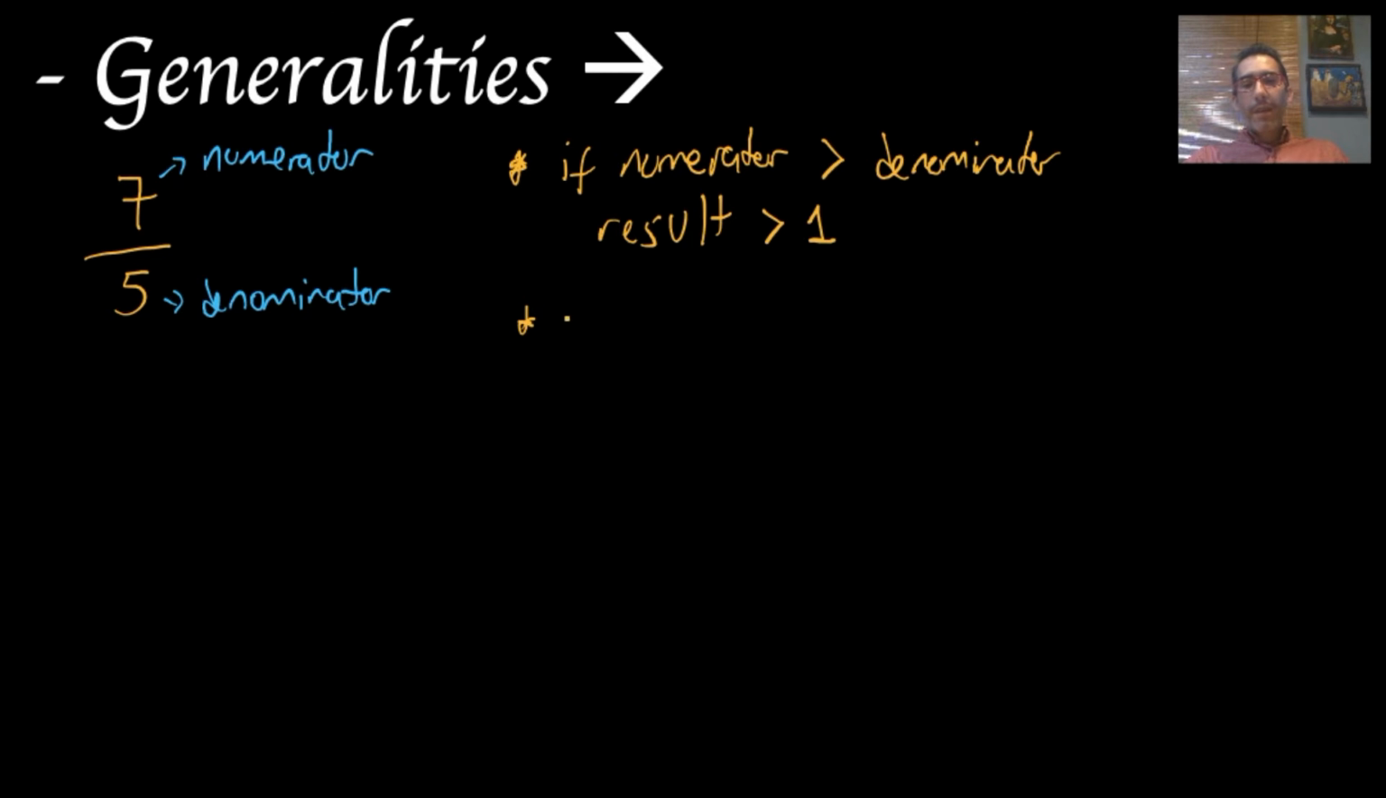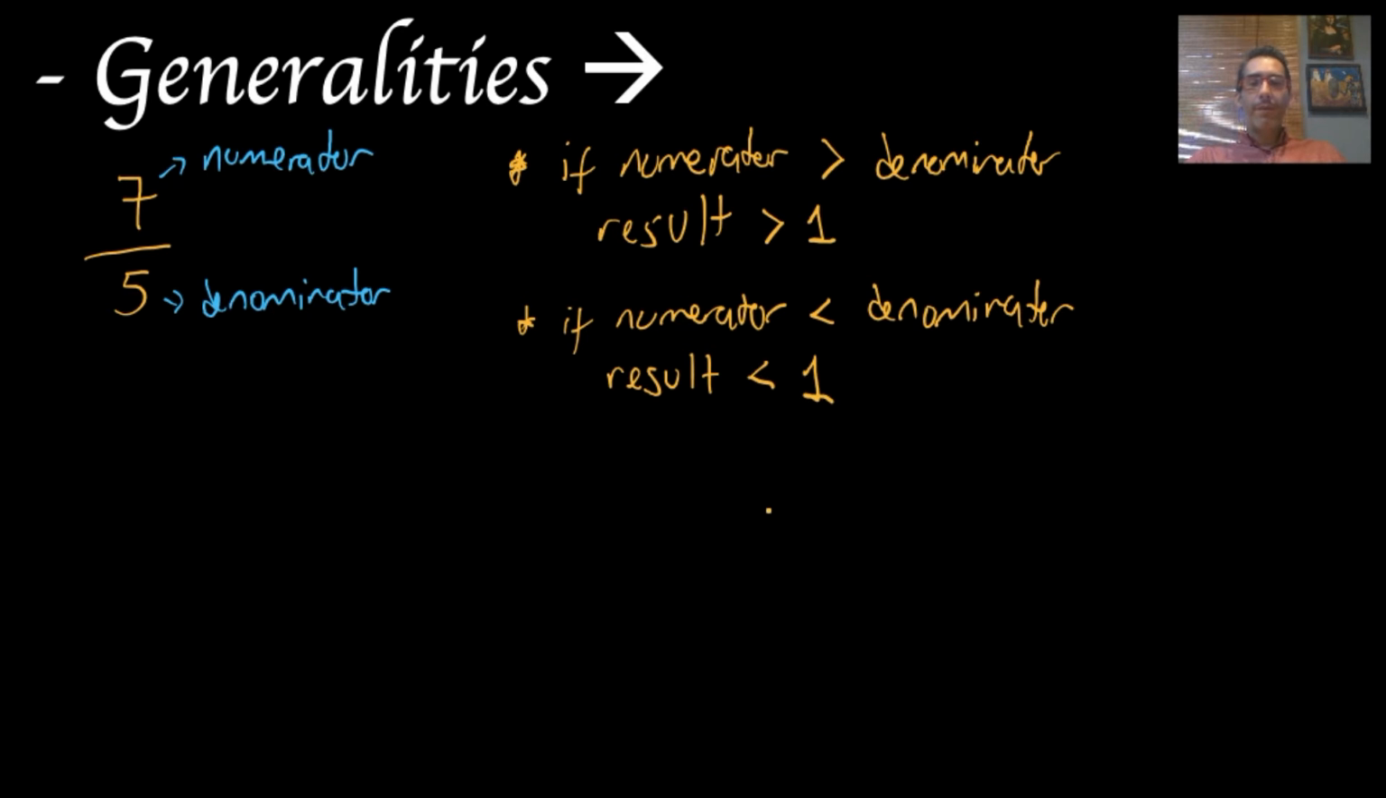On the other hand, if the numerator is a number that is less than the denominator, the result that you're going to have for the fraction, like if you transform the fraction into a decimal, will be a number that is again less than 1, okay? So, for example,